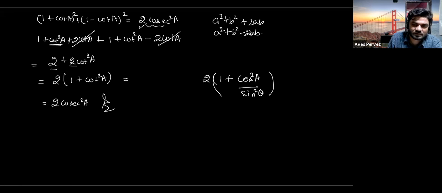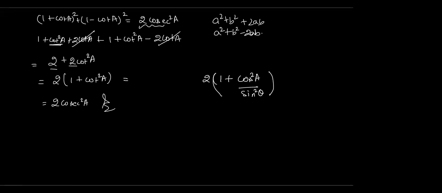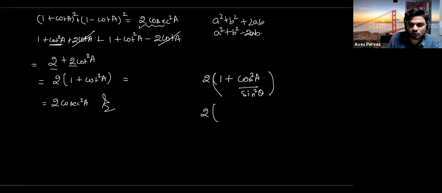Yes, sir. Okay, now you have to take the LCM. In the bracket, you would have to take sin square a, sin square a. Here I have written theta, so I have to write a here. Okay, now you have to take the LCM. When you take the LCM, this is 1, and when you multiply it here, beta.